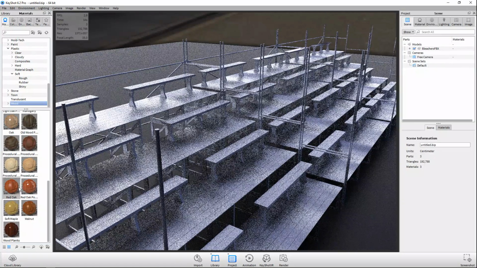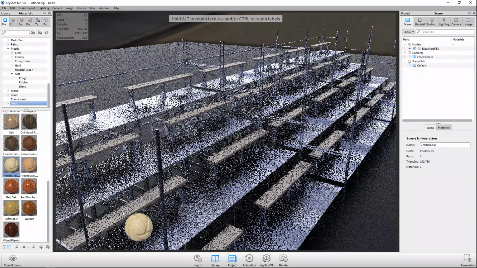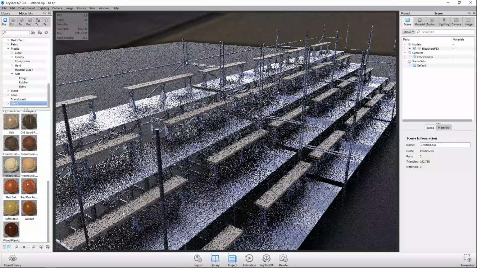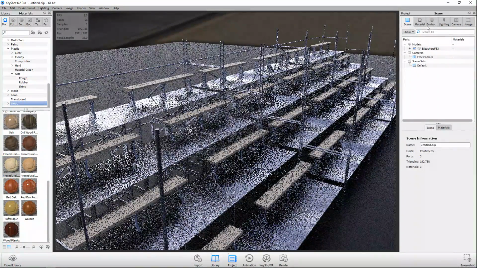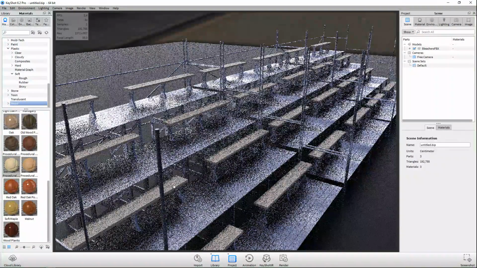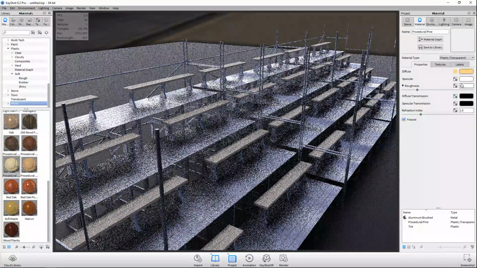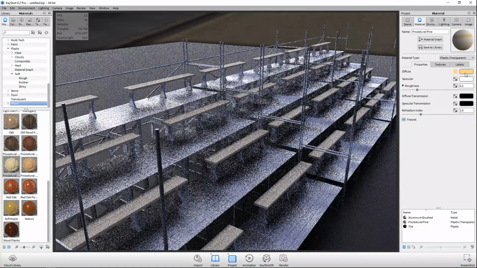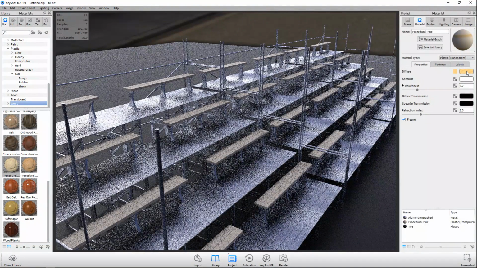Okay, so let's go back into our materials and let's see, I'm gonna go with a wood, I think, and we need to have something that's quite bright, like so. That's good. And then we'll double click on that material, and what we can do is go in and see what we can do with that. It's not too bad though.